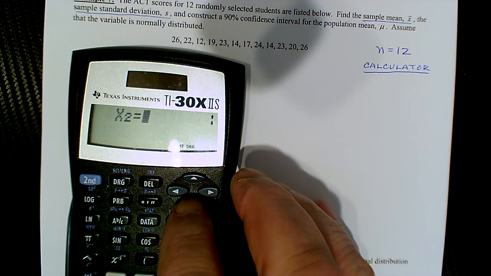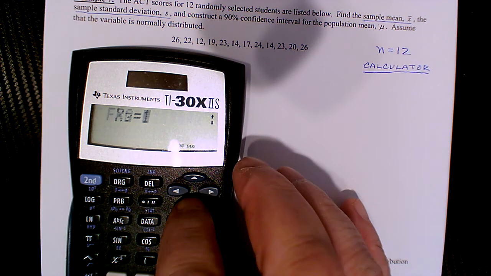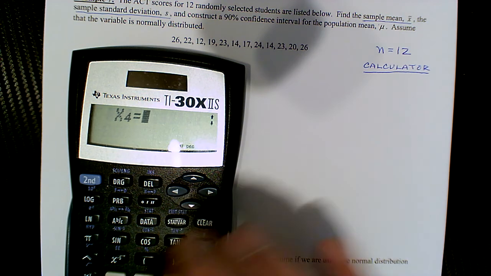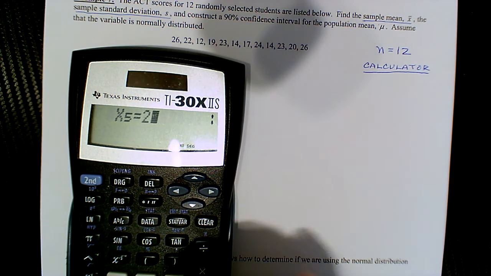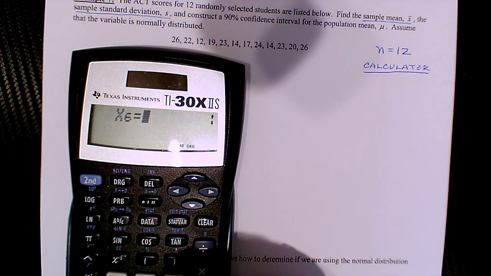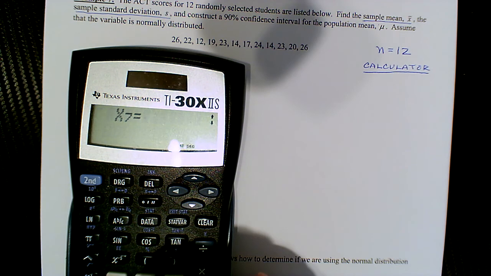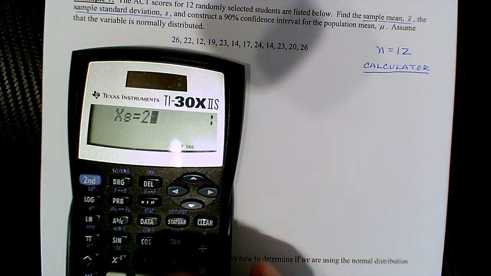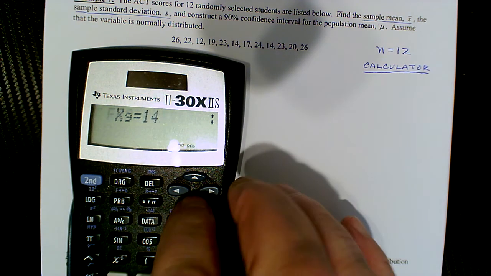Sixth piece is 14. 17. 24. 14, 23, 20, and finally 26. And notice how it's the 12th piece of data, right? Okay, so we'll leave that one blank and then go to